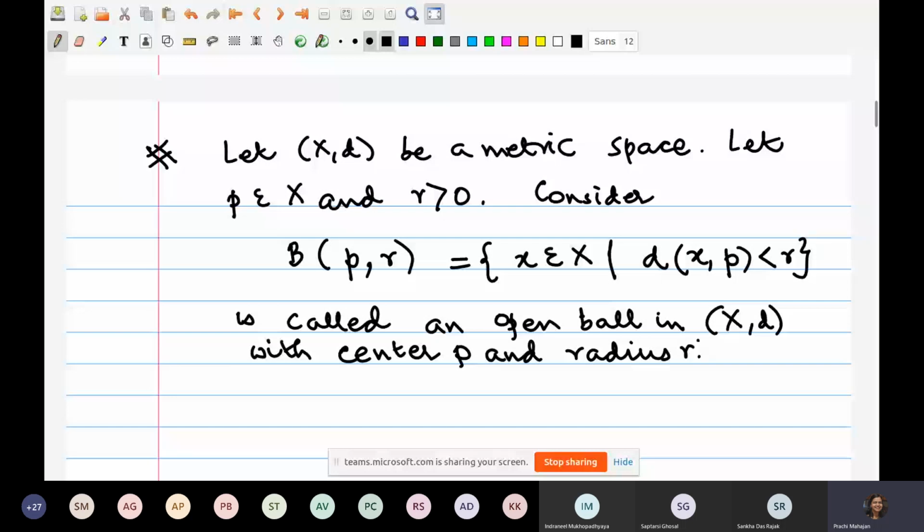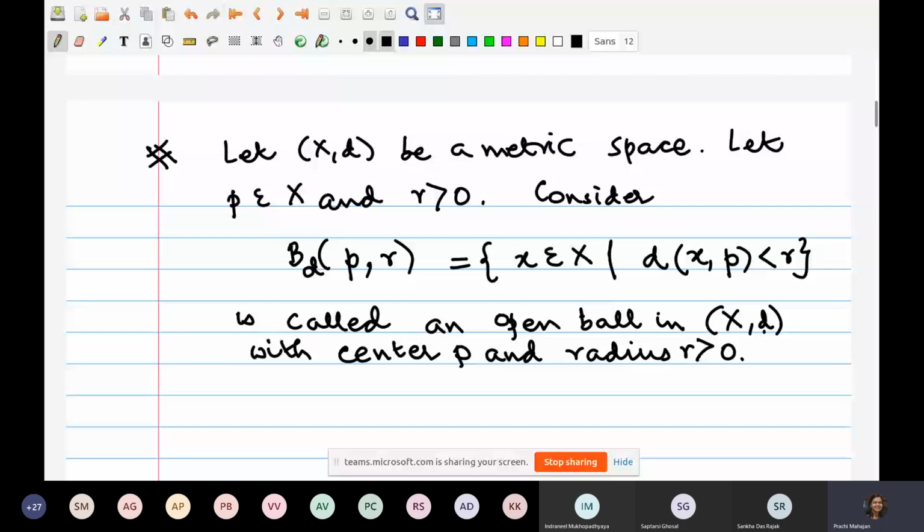So please note, going back to this notation one more time: you fix a point p in X and some positive real number r, and you collect all points in the set X which are at most at a distance r from this fixed point p. The distance is measured in terms of the metric defined on X. So the left hand side in fact depends on d. In order to highlight that, I will introduce this subscript d in the notation. B subscript d (p, r) is called the open ball in the metric space (X, d) with center p, radius r.